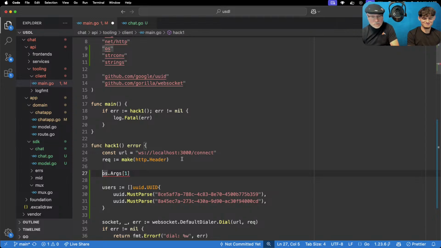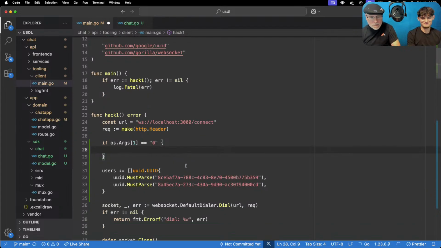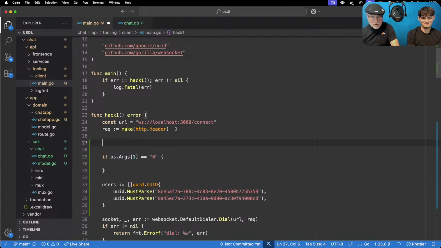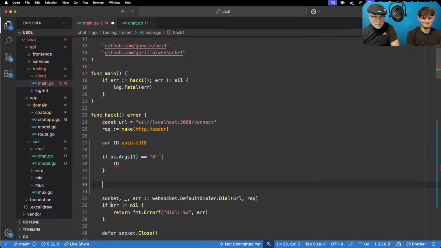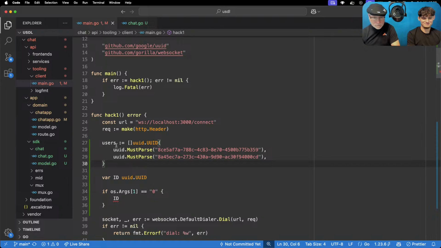If r equals 0, then we're going to create a variable called var ID UUID. So if it equals 0, then from 0,